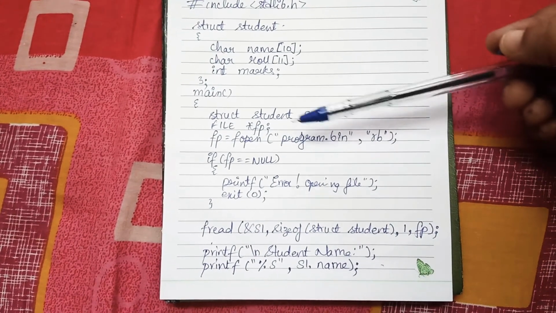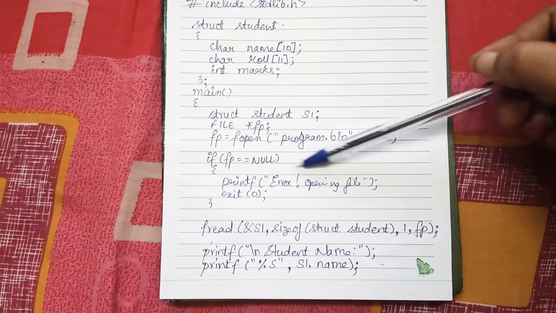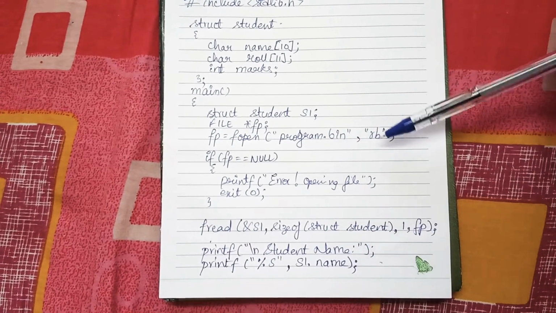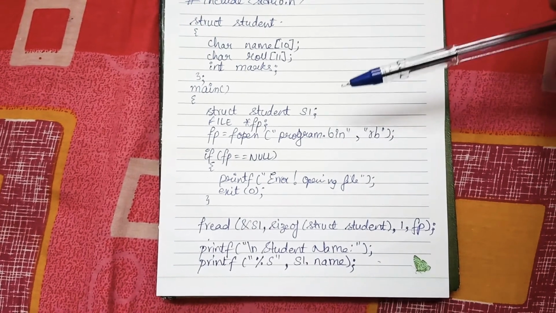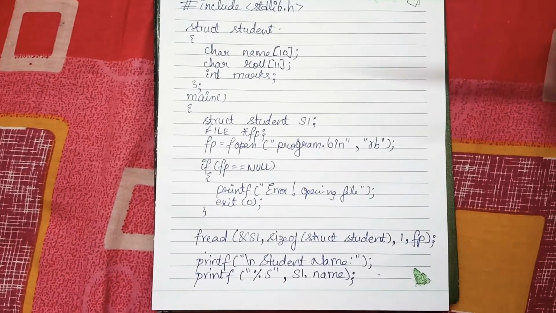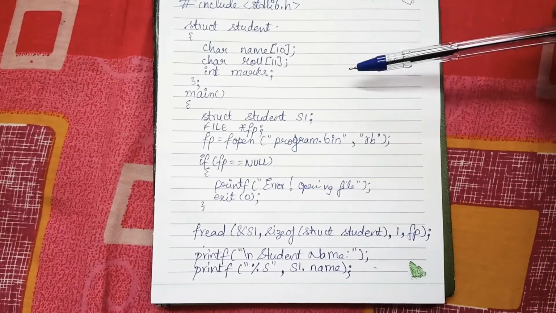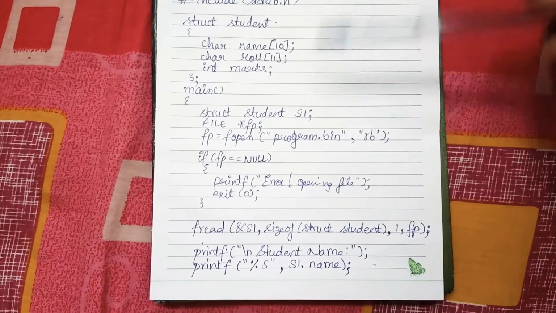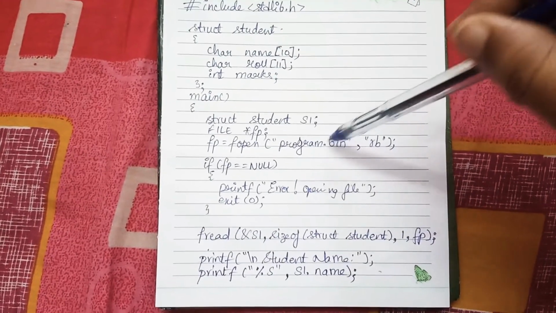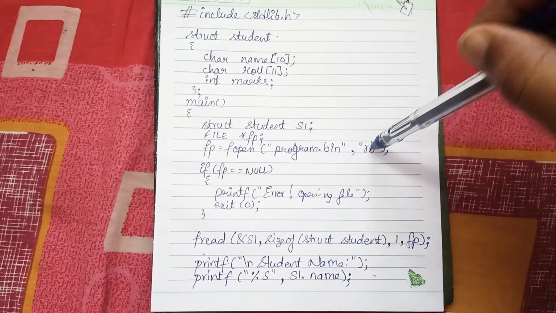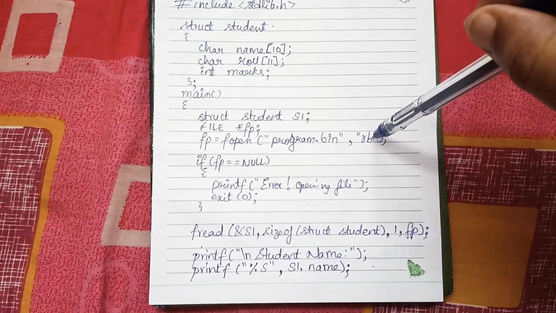In the previous session we have stored the data in the program.bin file. So now we have to open that program.bin file in read mode and get all the data stored previously. I've stored Surya as student name, 198r1A0561 as roll number and 100 as marks. So I have to get all the data stored in program.bin, so I have to open that file in read mode. Since this is a binary file, I have to specify it as rb.